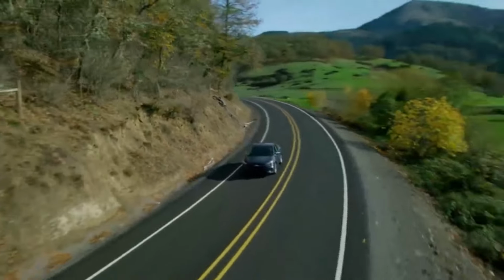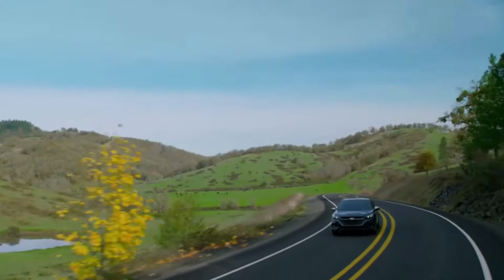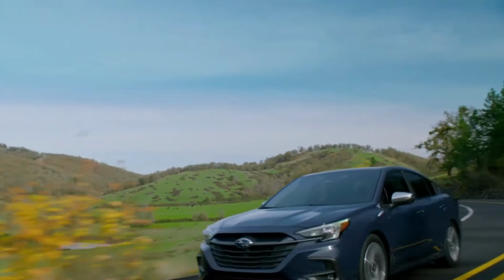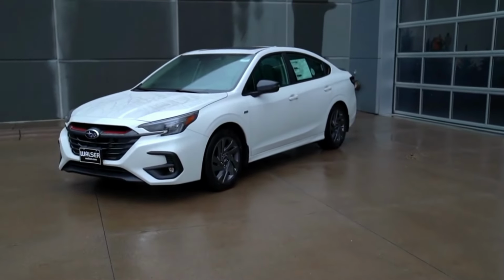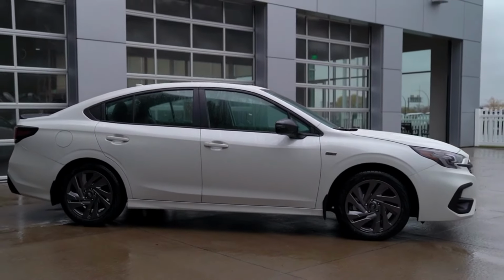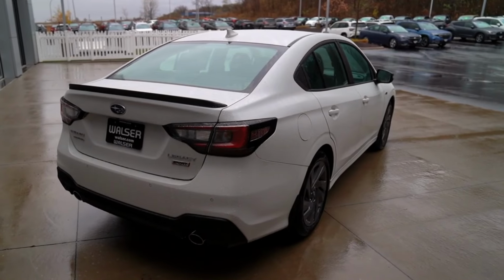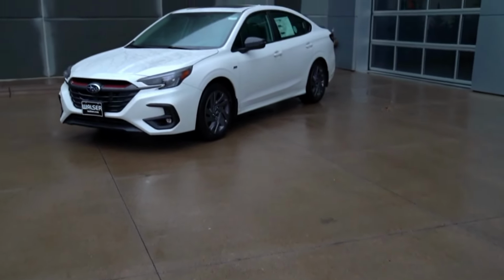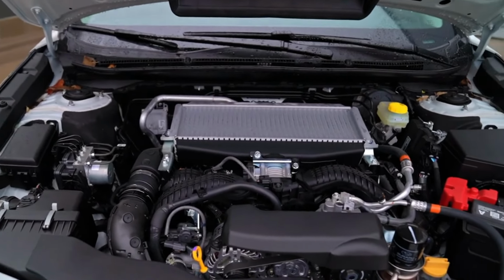One of the main reasons the Legacy is a disappointment in 2025 is its outdated design and lack of excitement. While other automakers are pushing the boundaries with sleek, modern, and tech-forward sedans, Subaru has taken a conservative approach with the Legacy. The exterior design, while not offensive, is bland and lacks any real character. Unlike rivals such as the Toyota Camry or Honda Accord, which offer sporty styling and bold lines, the Legacy looks uninspired. Under the hood, the 2025 Legacy comes with two engine options: a base 2.5-liter four-cylinder and an optional 2.4-liter